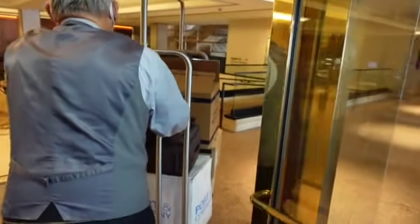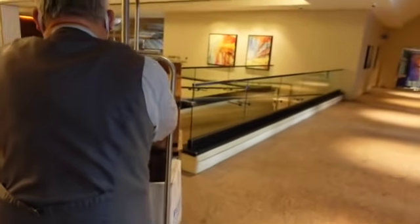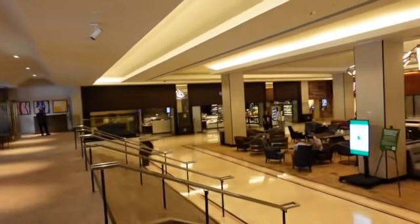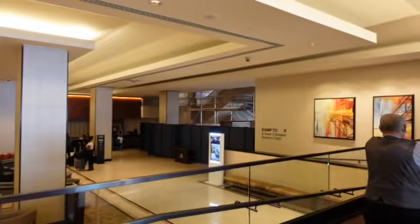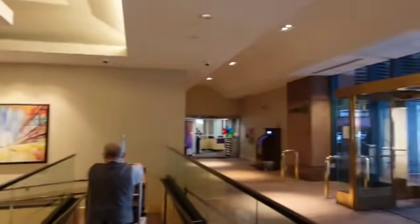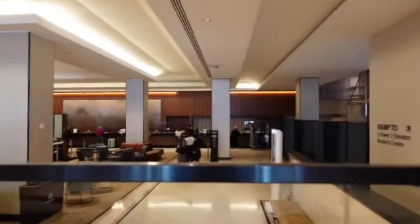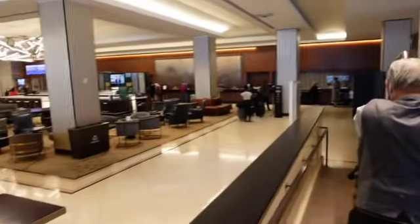All right, so I just put everything on a little cart. And this is the lobby of the hotel. This is a really nice hotel. Never really been here before. I've been to a lot of hotels, but this hotel is really nice. I like it. It's like a bar over there. Probably end up going there later today. I don't really drink like that,